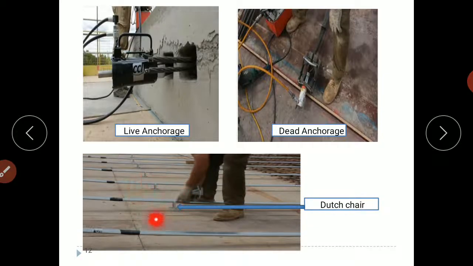So these are the supports. Okay, we cannot put these cables or these ducts directly lying on the floor, because when we apply concrete, it will stick to that particular formwork. To avoid this, we provide these Dutch chairs. That means we provide a particular amount of concrete cover with the help of Dutch chairs. This cover provision is done with the help of Dutch chairs.